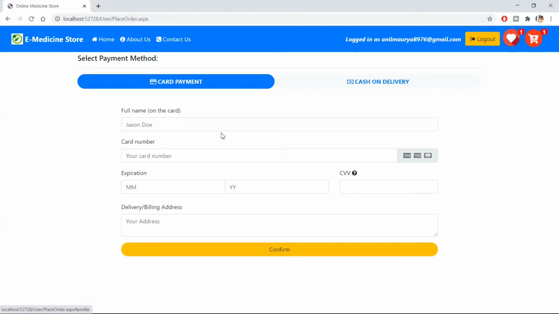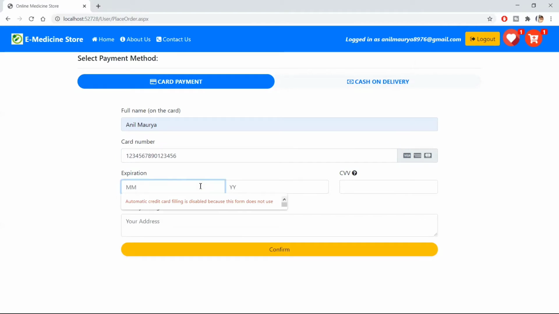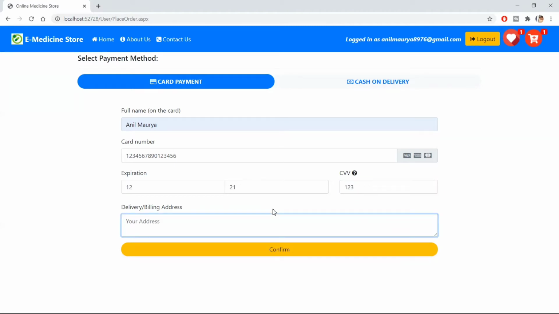In card payment, user needs to enter the details of the card: expiry month, expiry year, CVV number, address, confirm.